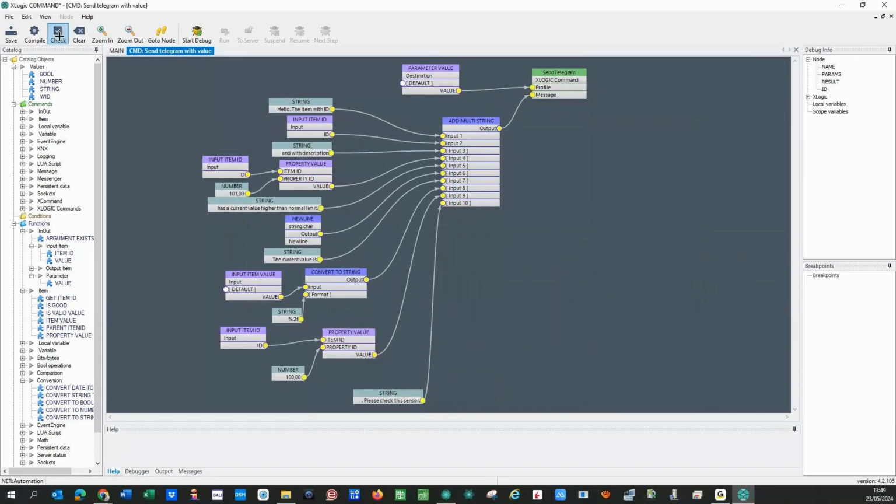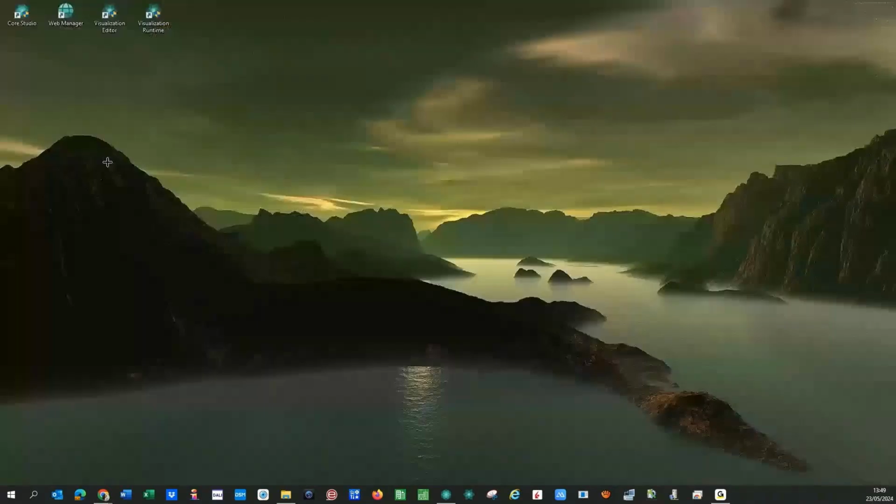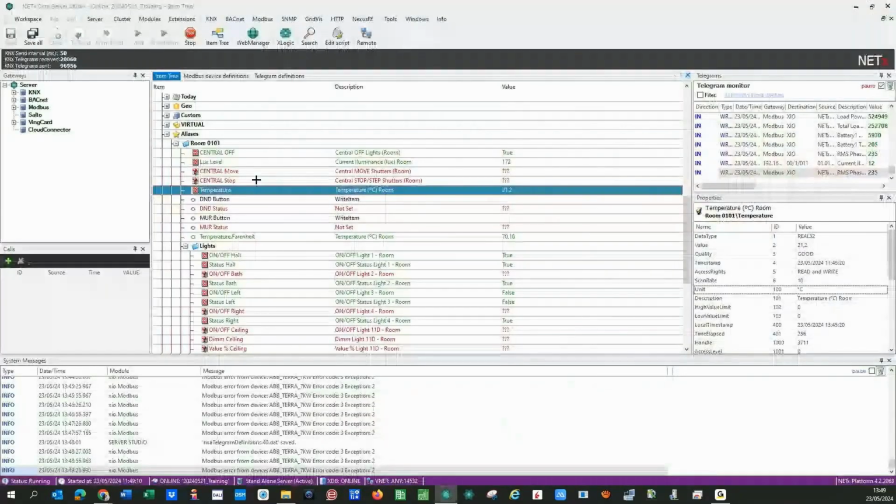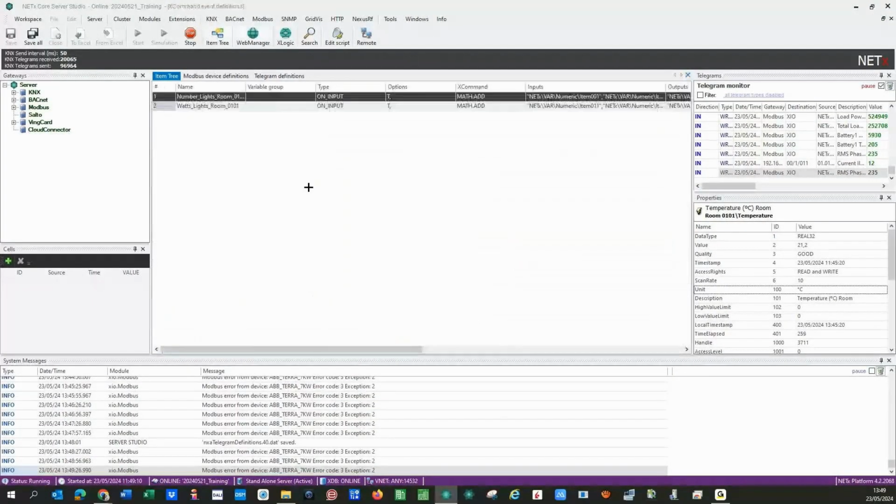I will just check if everything is okay. So I didn't miss to indicate the inputs, items, or the properties or whatever. It's everything okay. I have to compile it. Okay. I will save also. And now we have to use it. So let me close this, exit. But what happens if I want to use this? I will not find it. I will show you. If I go to extensions and try to find this X command definition,